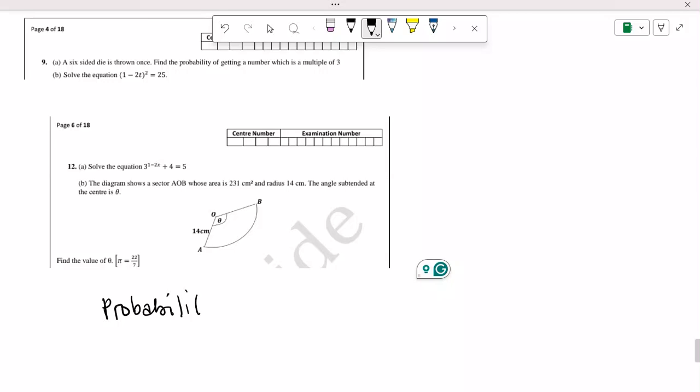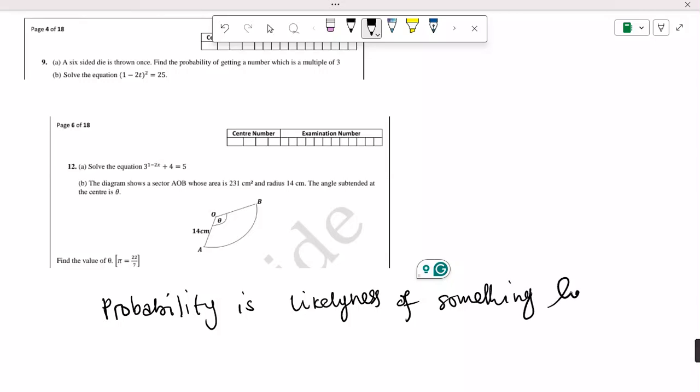Probability, okay. So the probability is just a likeliness of something to happen. So the likeliness of something to happen is what we call probability. So question 9,